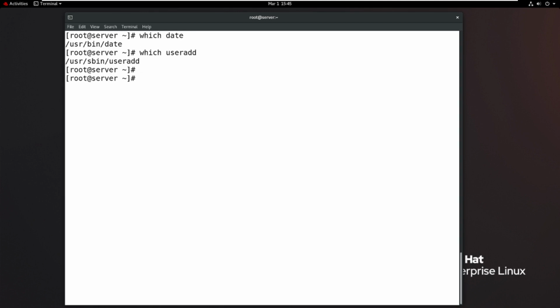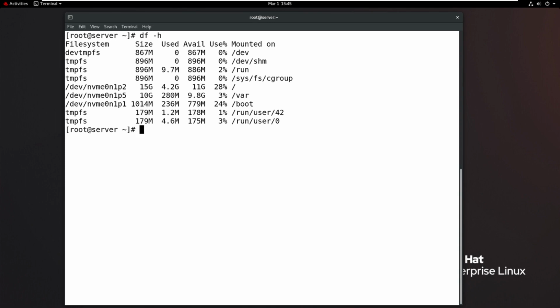And next, if you want to clear the screen, then clear is the command. And one more important thing, df -h, it displays the disk free size of your operating system. Generally, in Windows you right-click on the drive and choose properties to find free and used space.